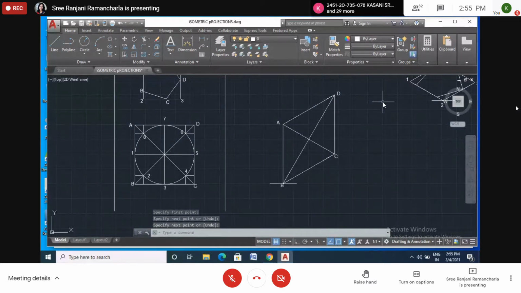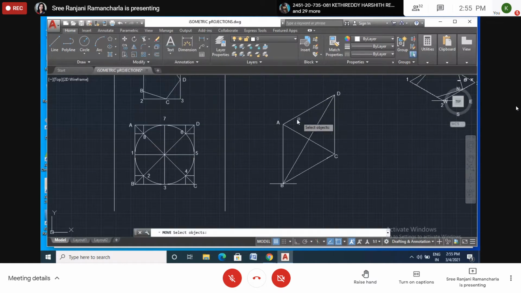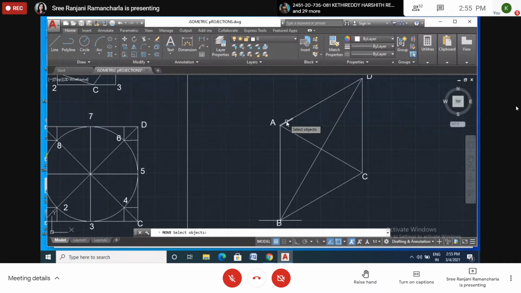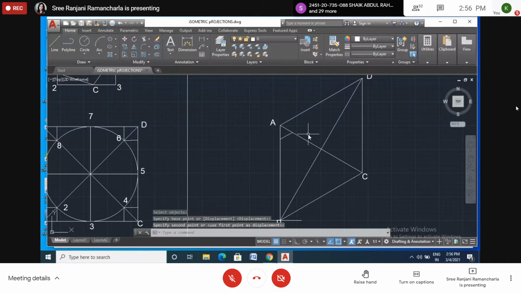Okay. So I drew the diagonals. Now where you have to copy, I will take the move command. The lines which I already copied, I will move those lines. Okay. See here, this I want to move. Enter. Again displacement. So here it is just touching, or else here you can see the end point. You can see the end point of this vertical line from A downwards. We already copied there, so that point we can select like this. And another one, and again enter, copy.